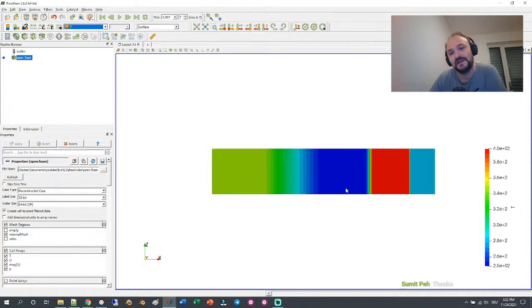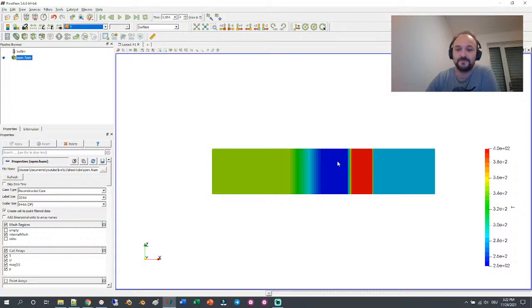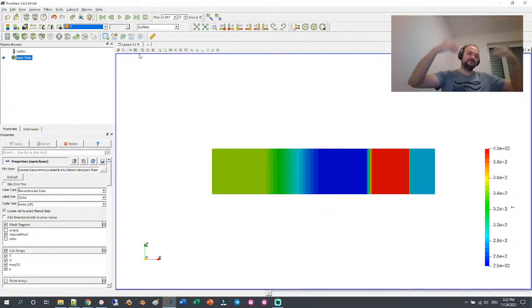The temperature, another interesting point here is that our pressure wave compresses the gas, increasing the temperature. And here the temperature is further reduced. So here we have a very cold region and here a very hot region. Okay, and in the next live stream, we will take a look at what happens if you calculate this